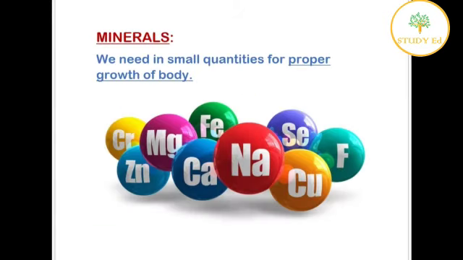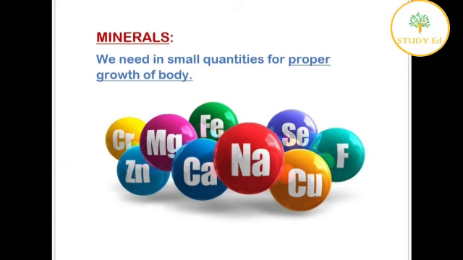Now, after vitamins, we have minerals, which are also a major component of nutrients. We all need them in a small quantity for proper growth, and minerals like calcium, iron, phosphorus, manganese are all minerals which we get from the food that we eat. Iron we get from leafy vegetables, phosphorus we get from milk, banana, rice, wheat. Then the source for calcium is milk and eggs.